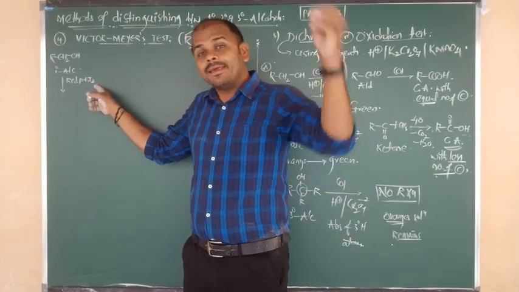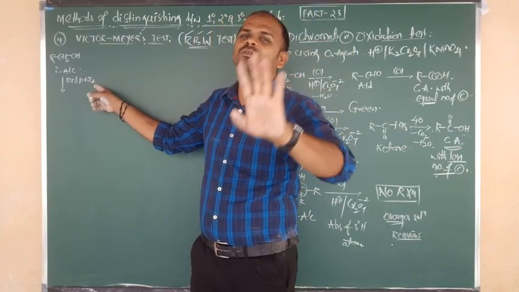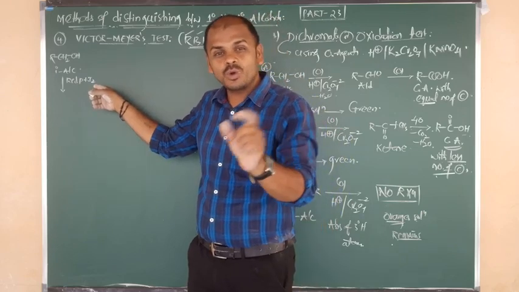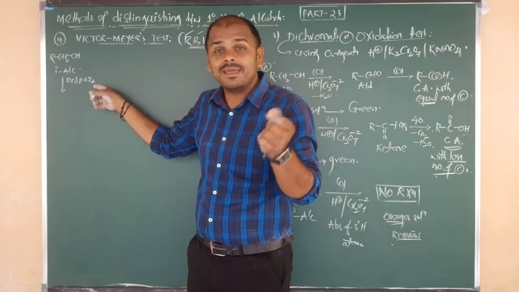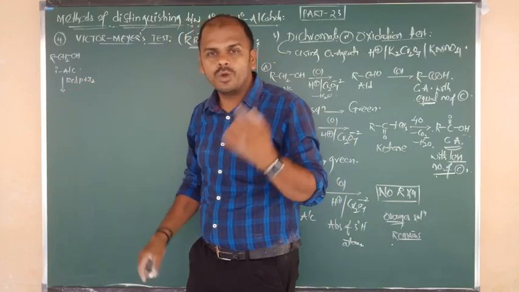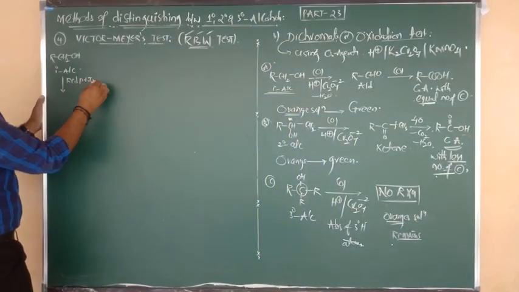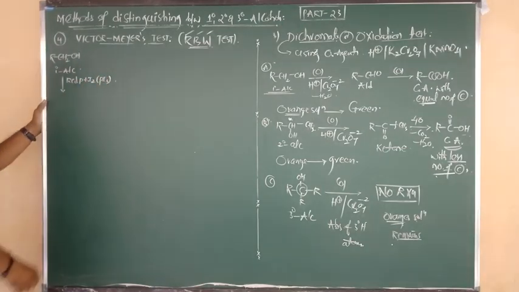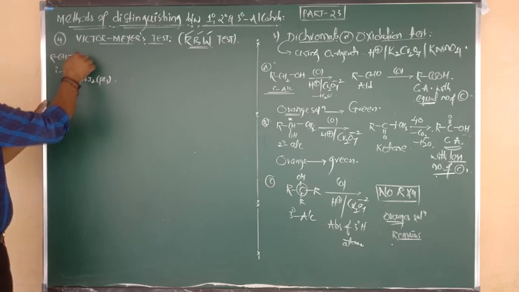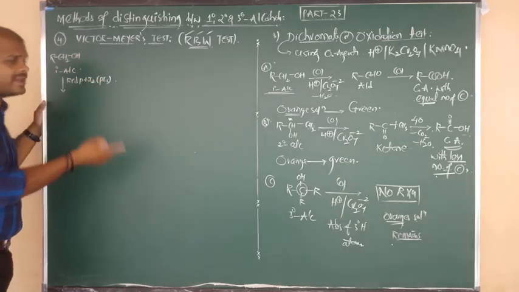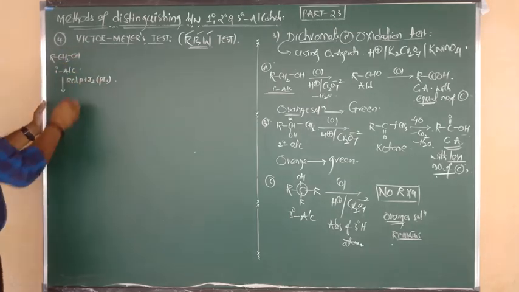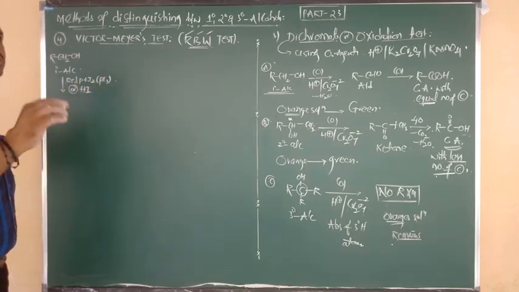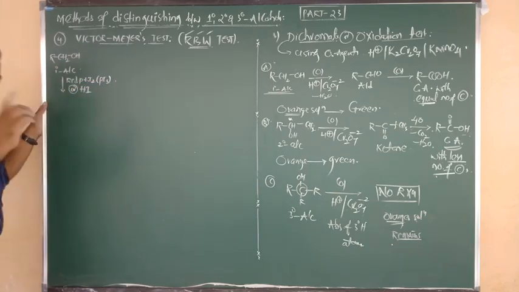This one we can take in place of PI3. I have told you, where? In the topic of PCl3 and PCl5 reactions, in a note point. In place of PI3, we can take red phosphorus plus I2. Red phosphorus plus I2 combine with each other and change into PI3. In that case the OH group is replaced by iodine, just as in PCl3 the OH is replaced by Cl. Also we can take another reagent here, HI, hydrogen iodide. Again the same thing, OH is replaced by I.